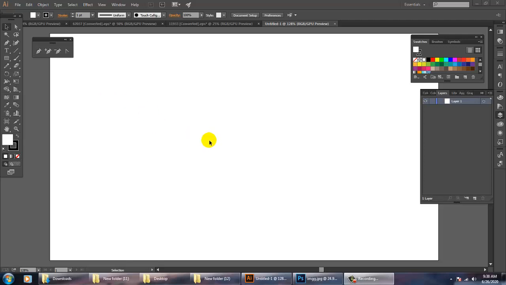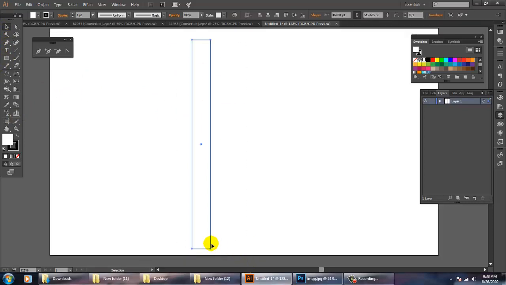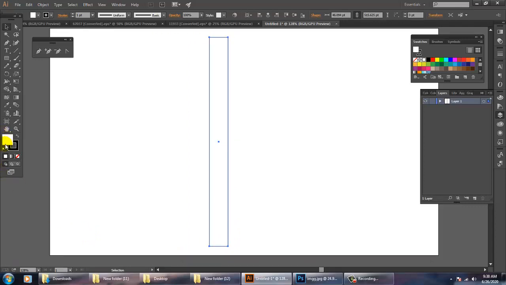So very first of all, let's take a rectangle over here. Let's draw a rectangle. Once you draw a rectangle using this tool, select this rectangle, and if you want to give a color, we can give a color, but definitely I'll give a color at the end.